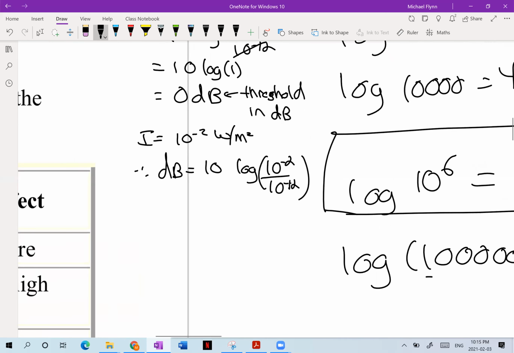Now, the rule for dividing powers with the same base is you subtract the exponents. So it's going to equal 10 times the log of 10 to the negative 2 minus negative 12. What's negative 2 minus negative 12? When you subtract a negative number, you add. So negative 2 plus 12 is 10. So this is equal to 10 times the log